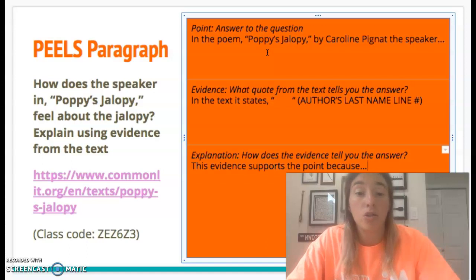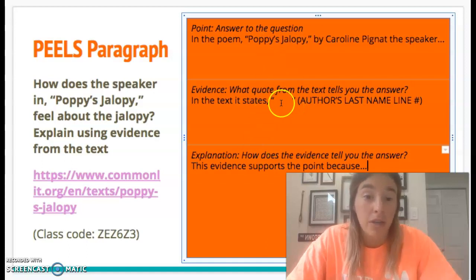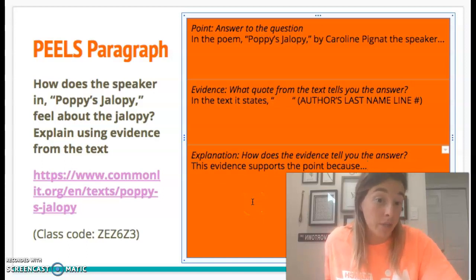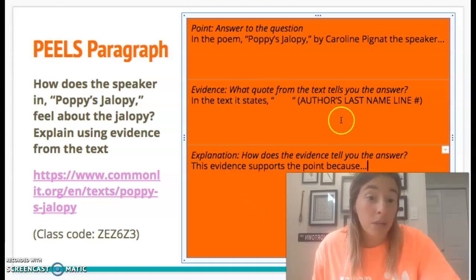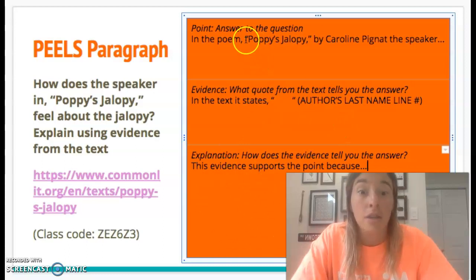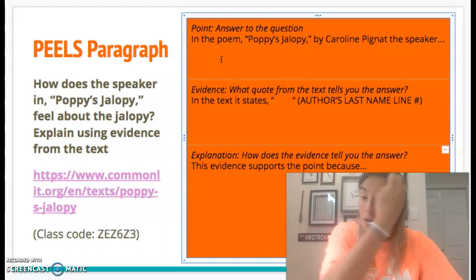Okay, so try your best to find the best evidence and think about the fact that if I can't explain my evidence and how it proves my point, then my evidence probably is not strong enough, so I should get a different piece of evidence. Okay, this is probably the easiest thing to change. This is not the easiest thing to change, and this is not the easiest thing to change. Okay,